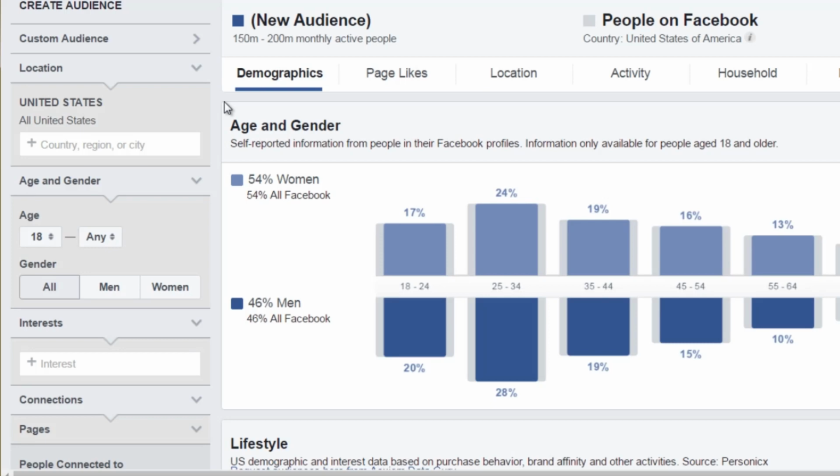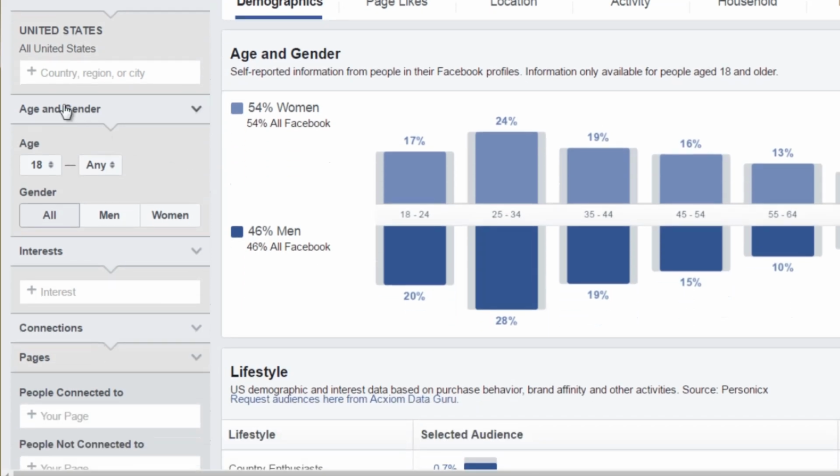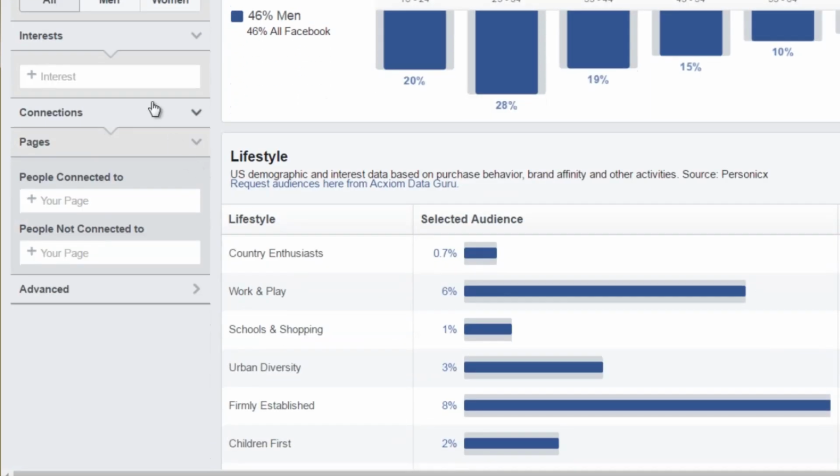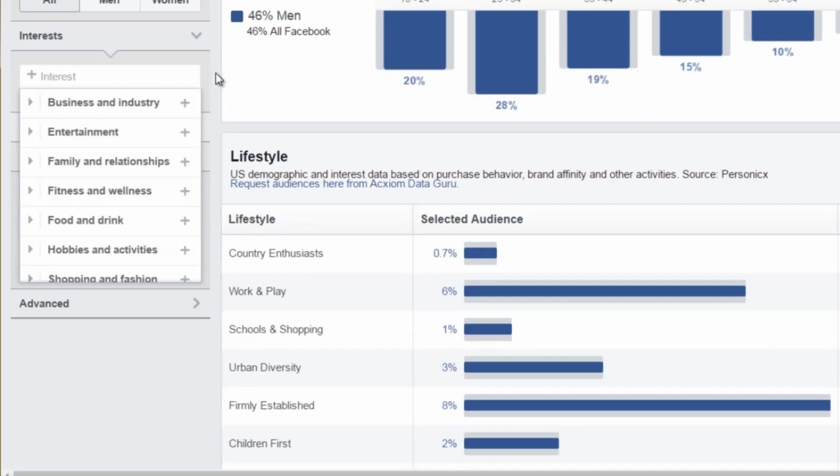By default, it will choose your country. In this case I am pinpointing the United States, but if you are coming from a different country, typically it'll choose that for you. Of course, you don't have to choose your country. You can choose a different one if you want. I can X out of this and choose, for example, Australia, Canada, or the United Kingdom, but I'm just going to leave it like that. You can also choose the age and gender, but typically I leave this blank because I am interested specifically in the interest, and based upon the interest, it'll tell you more data about that particular